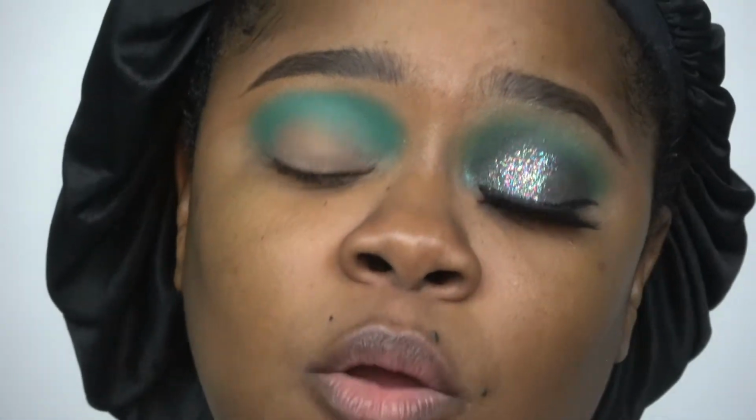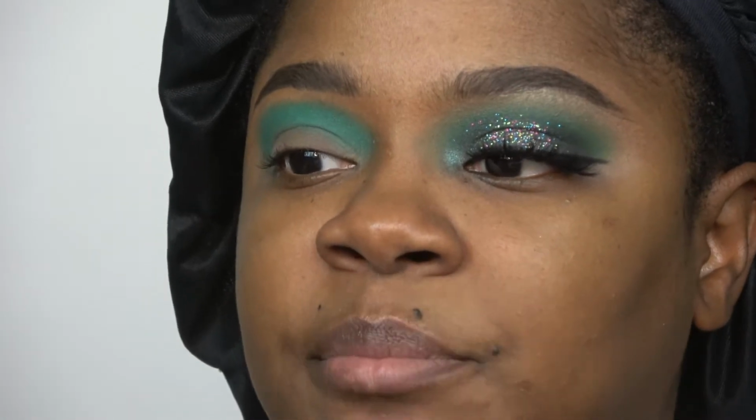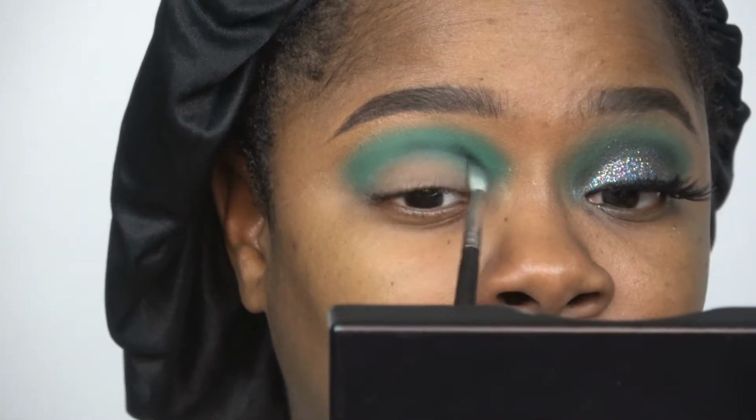The new palette is cute. I really do like the color story. It's very vibrant, a lot of pinks, oranges, yellows, purples, stuff like that. But for some reason, I'm not really in a hurry to get it. It's cute or whatever, but